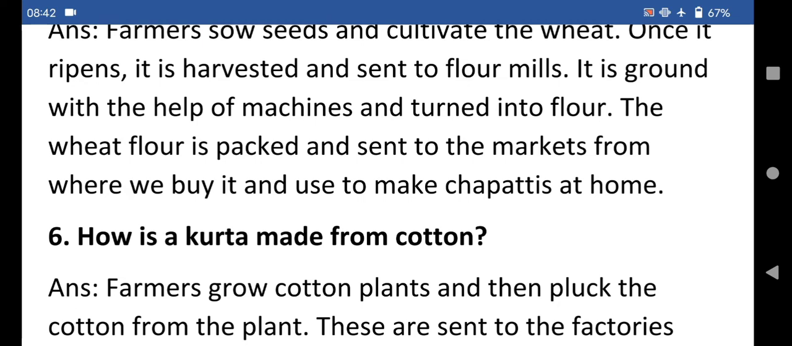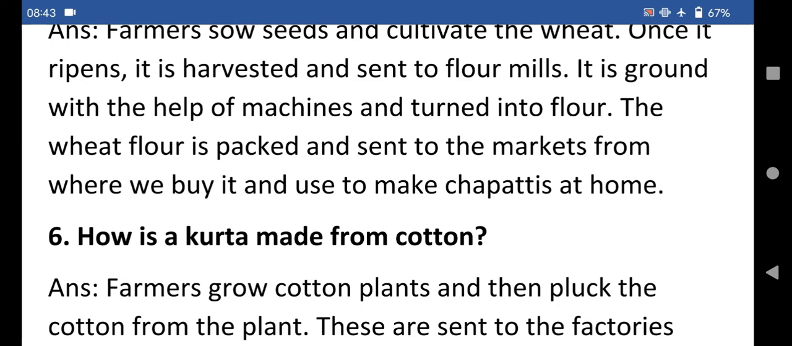So when the farmer collects and sends it to the flour mills, what do the people do? What is the next process? The next step is that the wheat is ground with the help of machines. Machines are used to grind the wheat and turn it into flour. And what is the next step? The wheat flour is packed and sent to the markets from where we buy it and use it to make chapatis